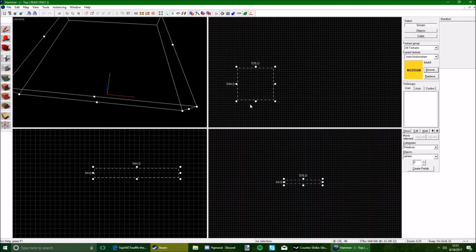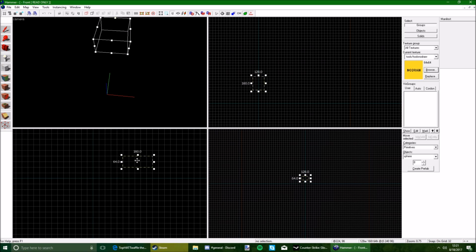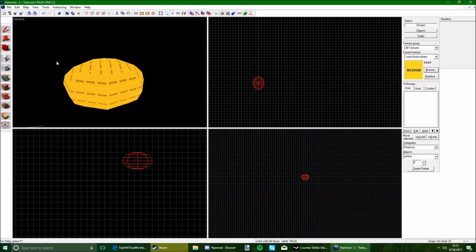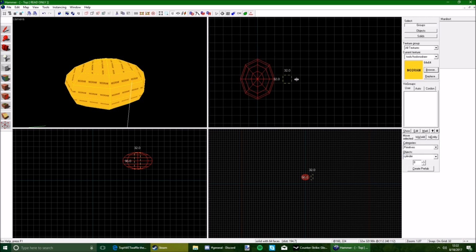Now, the first thing you want to do is grab the sphere tool, and we're going to make a spheroid that's going to be the body of the Goose. I'm just doing this to show you how to make it using the shapes, but you can do any scale you want, whatever you want to do, that's fine. I've gone with the default